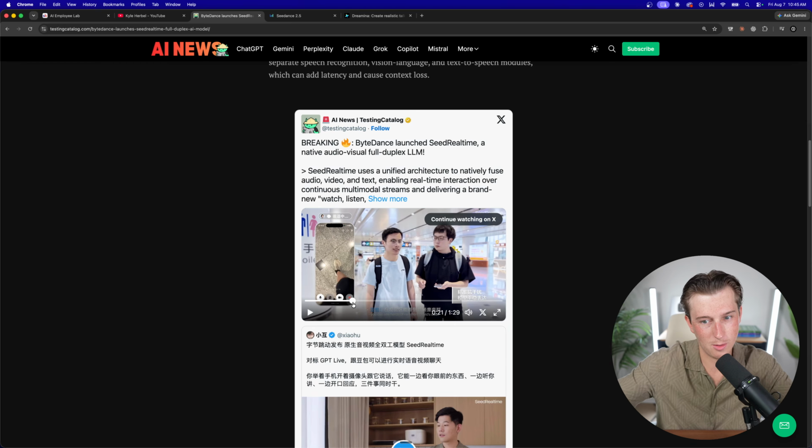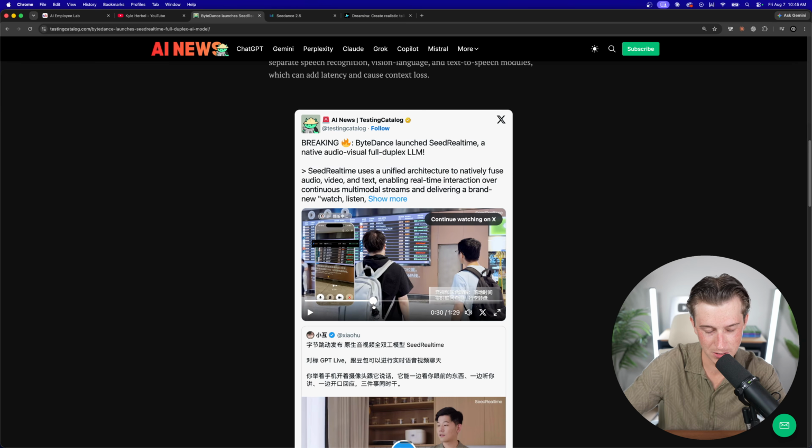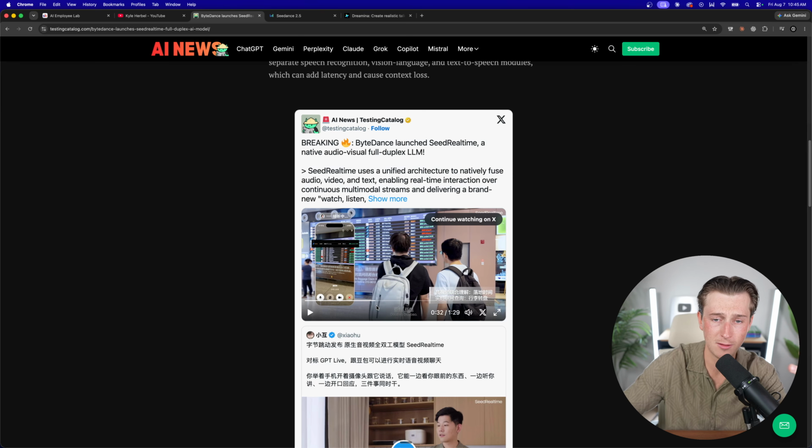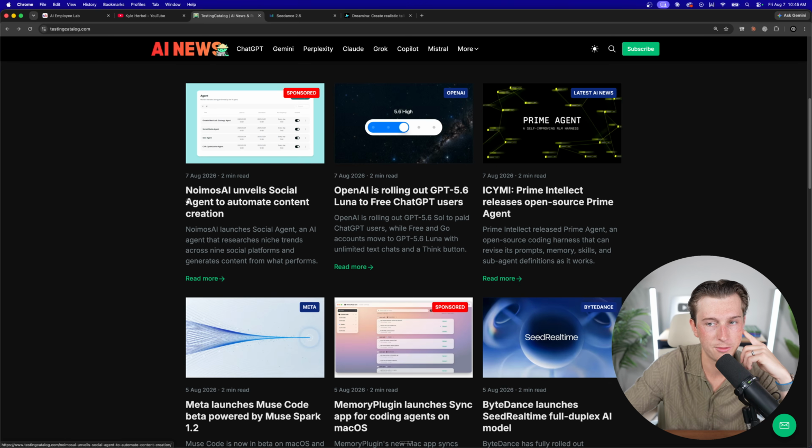So the camera is just always on, and he's basically just having conversations and showing the artificial intelligence model different things. And the AI is, realistically speaking, able to respond to him in basically seconds and give him a pretty substantial response, which is pretty cool. Now, ChatGPT obviously already has this ability. I believe Claude has this ability too, and I also think Gemini does as well. So nothing truly new there, but I do think it is impressive to say the least that we're seeing more of a competitor in terms of real-time AI models that are out there.